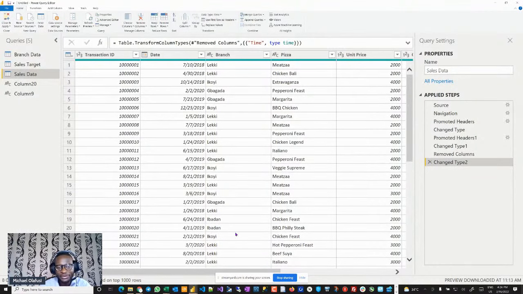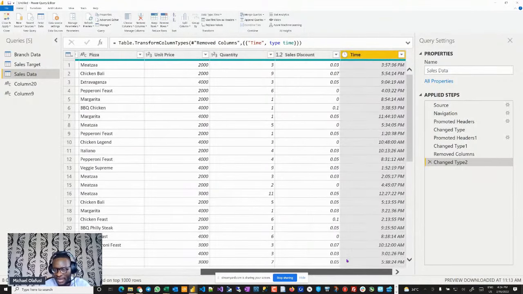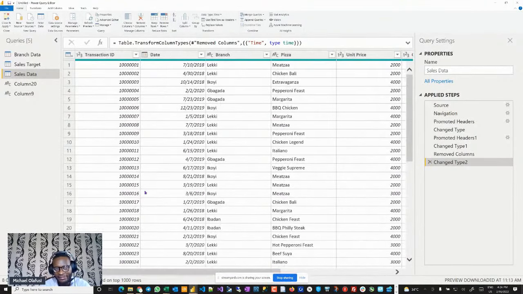But as you are building your report, you begin to see that some things will not work. Some analysis will not be able to show if you don't do some kind of transformations. So even though I'm doing some transformation right now because I know I need them, as I go on, I will still find some problems. For me to solve those problems, I will need to come back again to do some transformations. So just follow along. It's a journey.